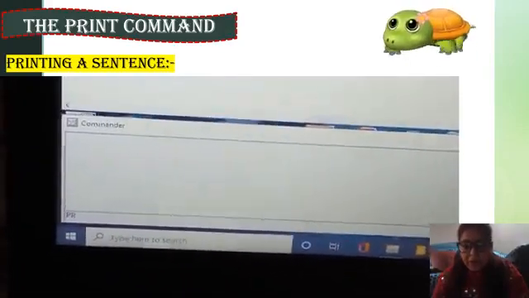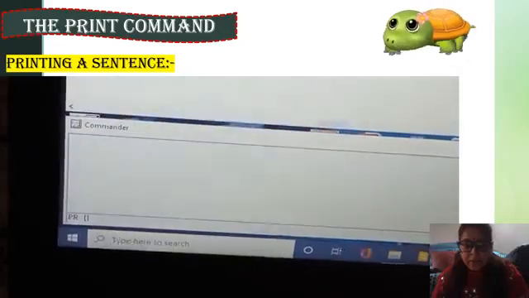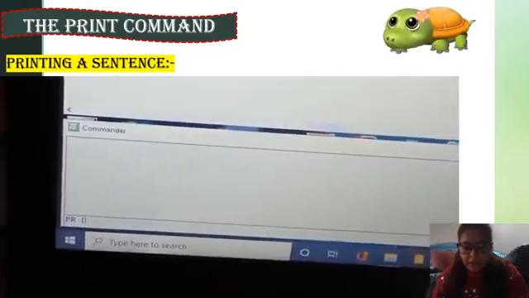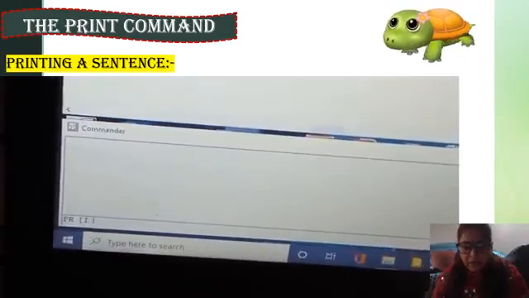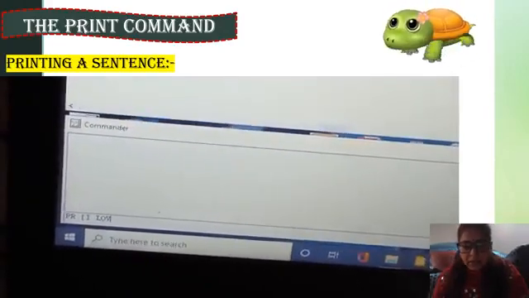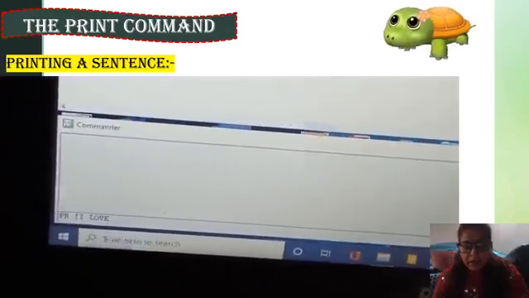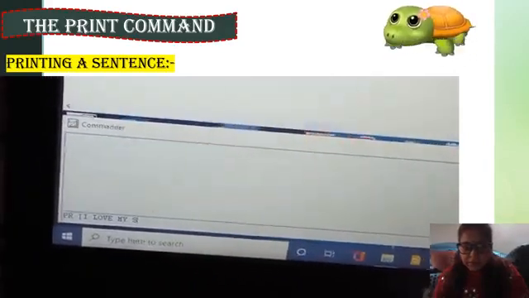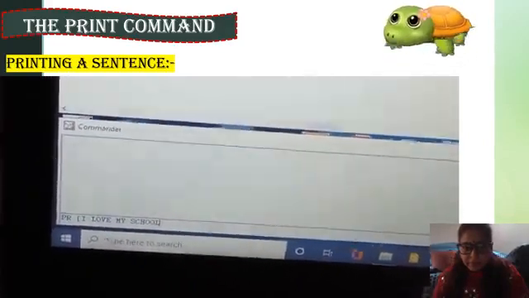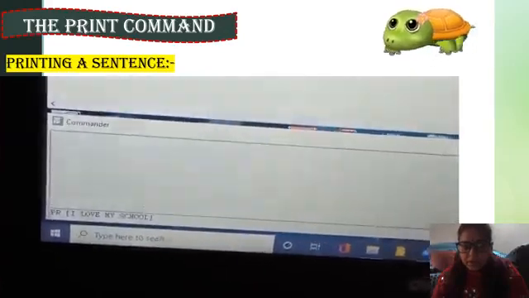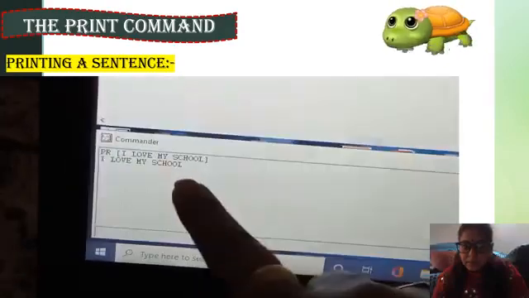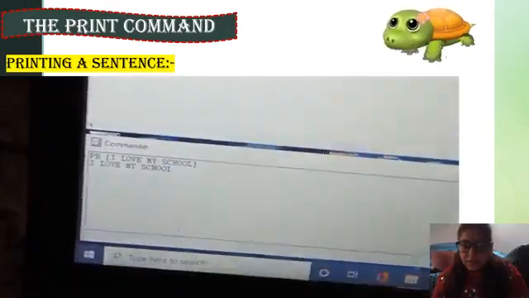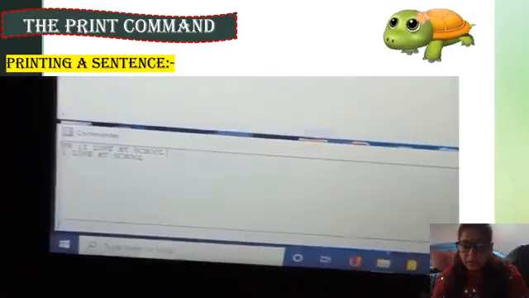Write PR, space, square bracket, then write any sentence: I love my school. Close the bracket and enter. See, the sentence is here, I love my school.